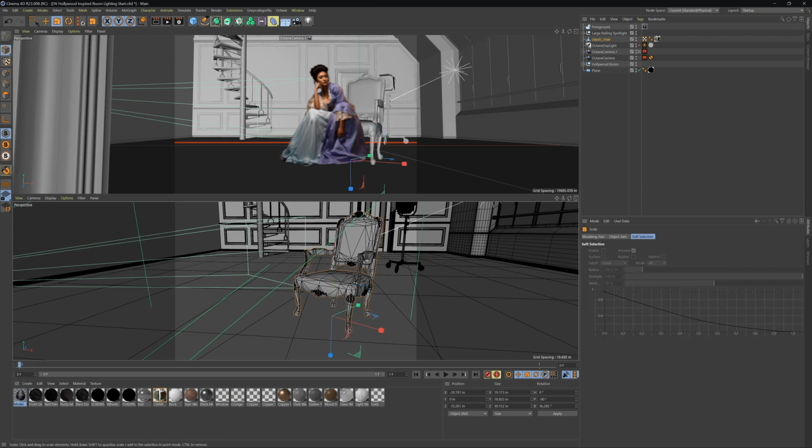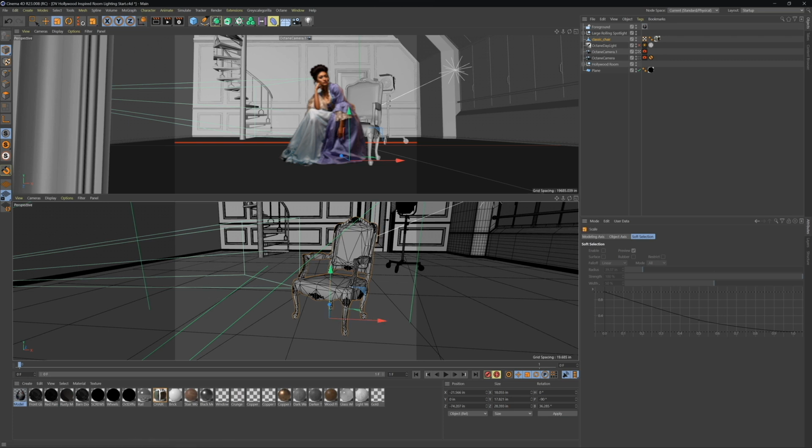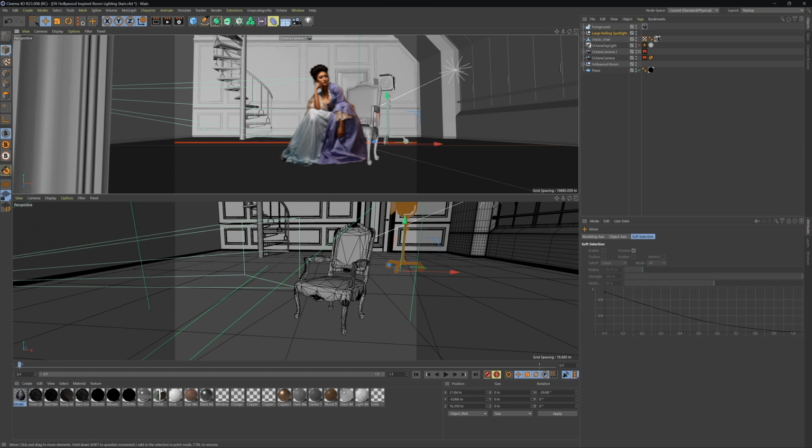And now I'm just going to move everything around, primarily this chair here at the moment, until we have something that looks fairly decent, like she would actually be sitting right on the edge of this chair. We can scale that down just a little bit more. And I think that'll work fine for what we're doing here at the moment. Now we can go ahead and grab this spotlight. And I know that they're quite large in person, so I'm not too worried about scale with these at the moment. But we can go ahead and scale this down slightly. Can rotate this into place some,